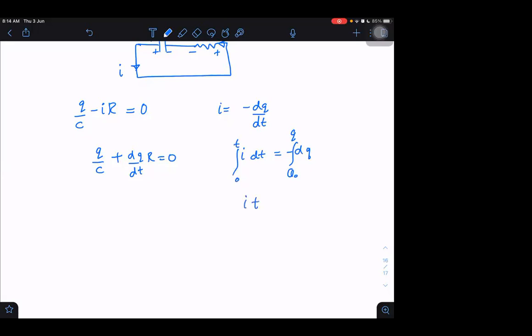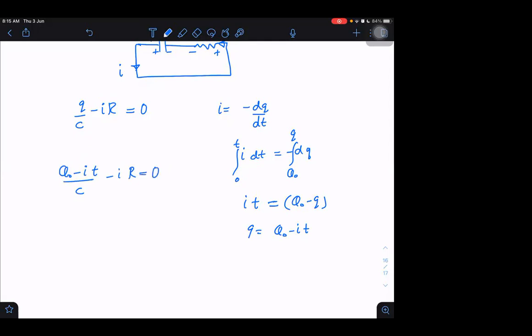It is I into t is equal to Q naught minus Q. So Q is equal to Q naught minus I into t. I can simply write the value of Q as Q naught minus I into t divided by C minus I R